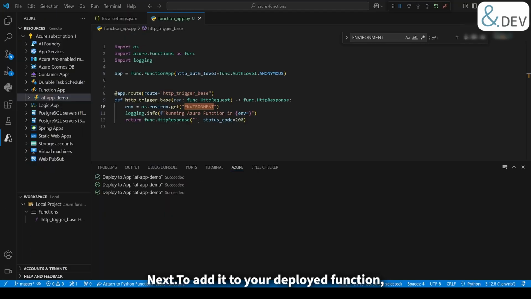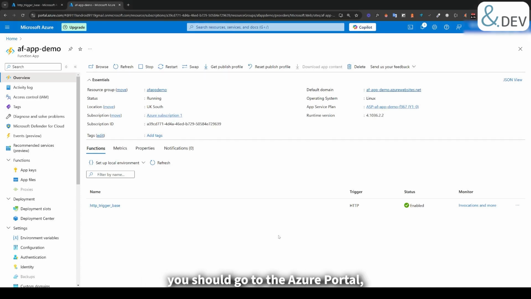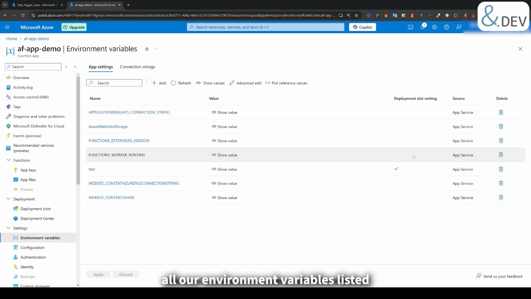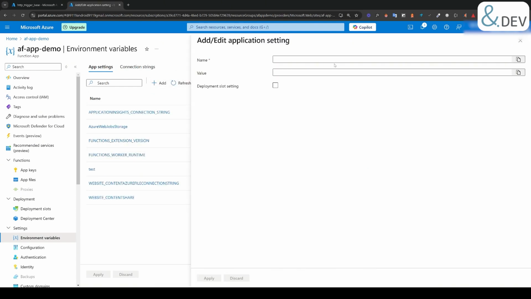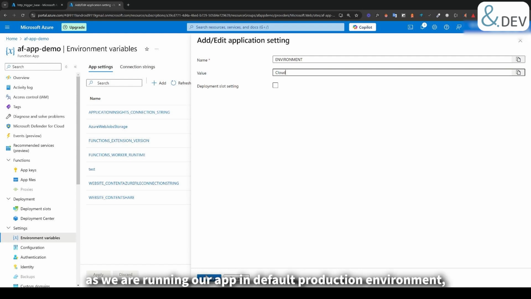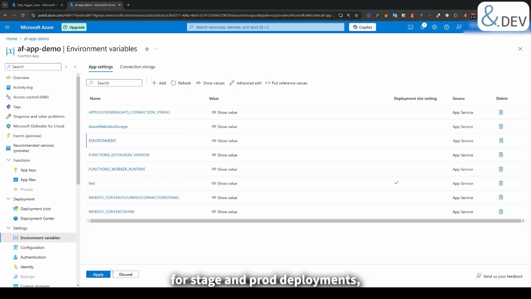Next, to add it to your deployed function, you should go to the Azure portal, select your function app, follow to the Settings, click Environment Variables. In this interface, we have all our environment variables listed, and we can add a new one, name it, and add a value. We can skip deployment slots for now, as we are running our app in the default production environment. But in future, it can be useful when we want to have separate env variables for stage and prod